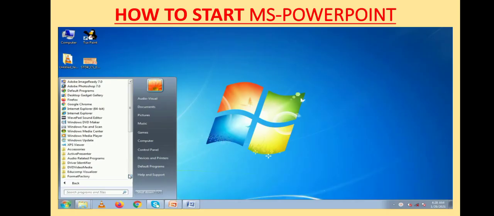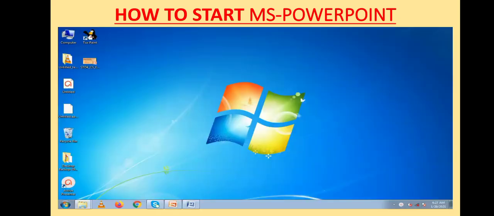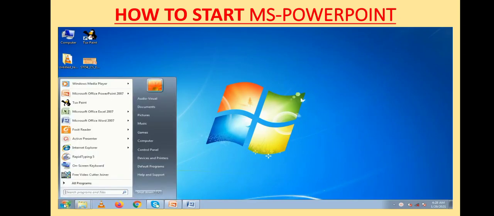How to start MS PowerPoint? In your computer, if you want to start MS PowerPoint application, then you can follow the following steps. First of all, click on the Start button. Then click on All Programs.